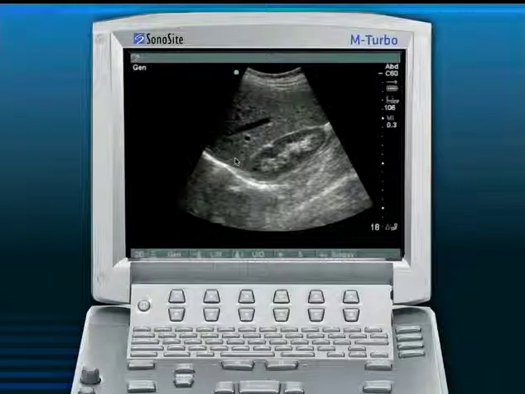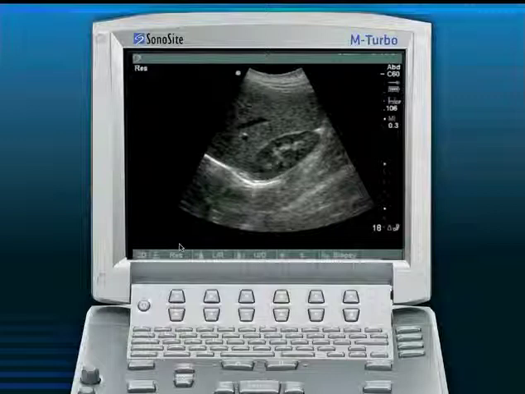This is the reflection of the kidney and the liver. Here's the diaphragm over here. And this says gen, or general mode. And so if this transducer goes from 1 to 5 megahertz, the general mode is right in between, say, 3 megahertz. Now if I come over to the soft key and depress that button, now that will toggle me up